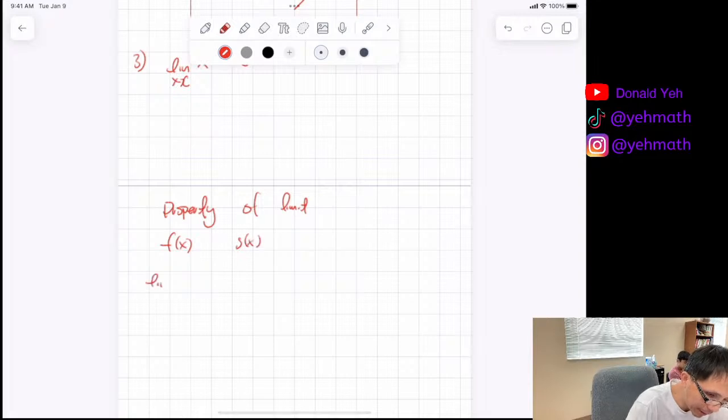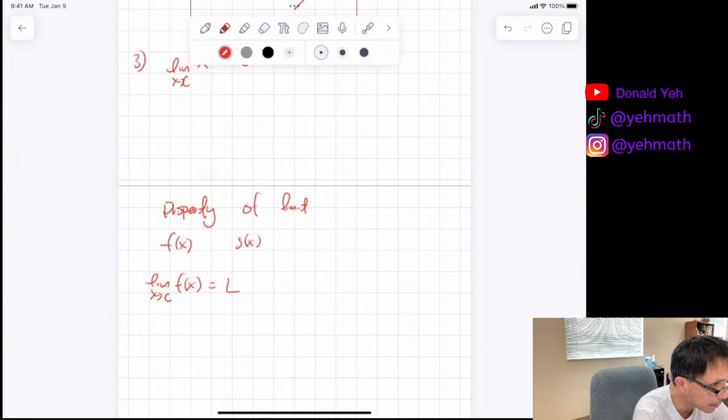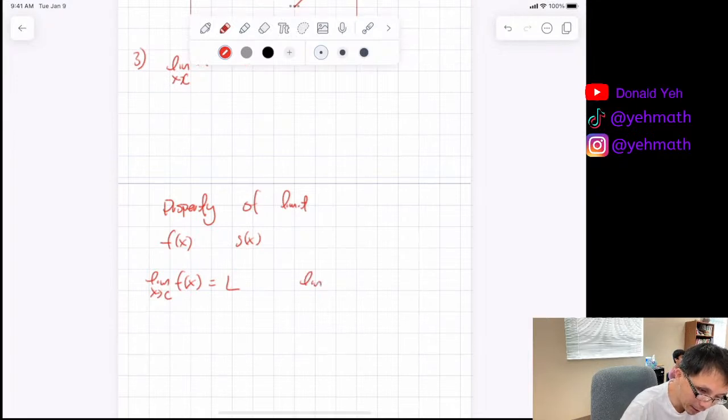Now if I take the limit as x approaches a certain value of f of x, I'm going to call it L. L is a constant. Now you guys are going to understand the difference between constant and expression. L is a constant, A is a constant, B is a constant, C is a constant, X is a variable, Z is a variable, right? So now if I have the limit as x approaches c of f of x,